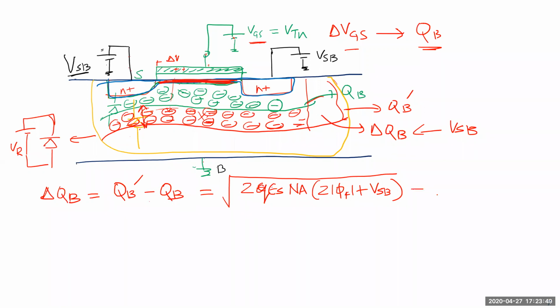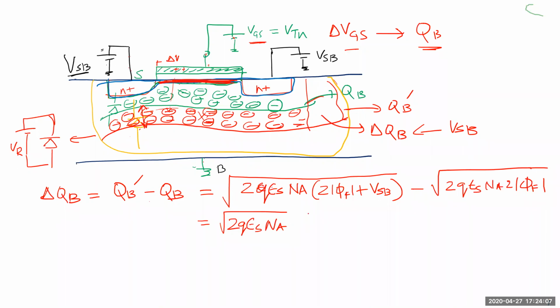And then the previous charge, before I applied it, was root of 2q epsilon S Na times 2 phi F. If I take some common factors, this is going to be root of 2q epsilon S Na times root of 2 phi F plus VSB